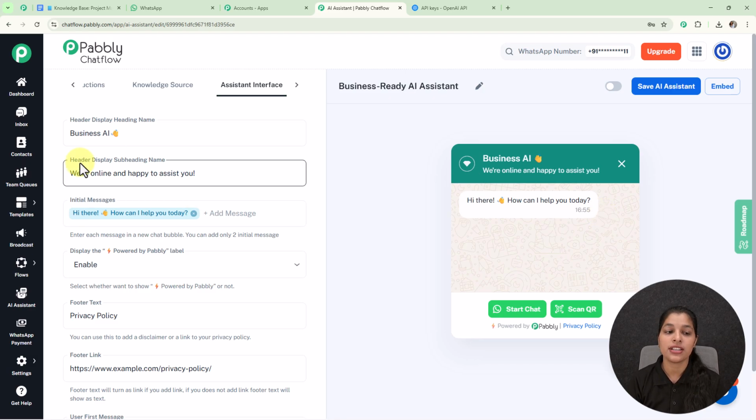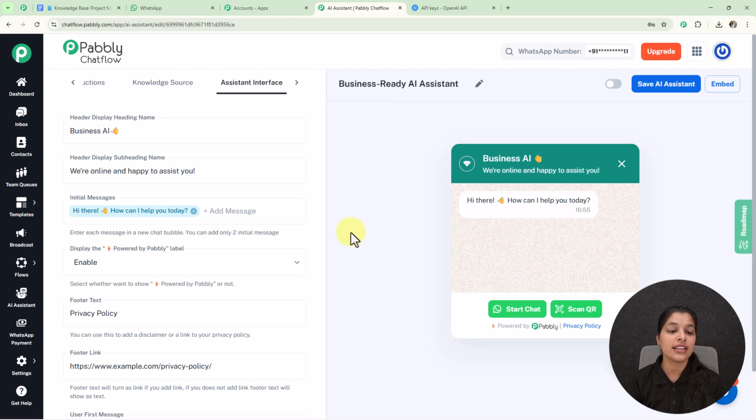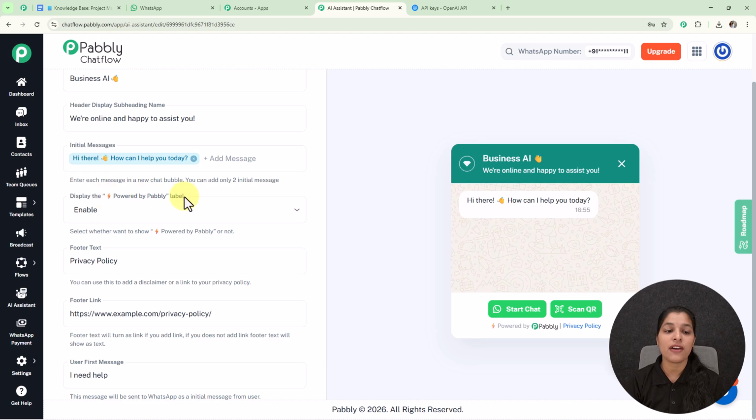according to you. Now we are getting this option for entering the initial message, and here we are already getting an initial message, that is hi there, how can I help you today. And this initial message can also be seen on the preview of your AI assistant, and you can enter two initial messages. And now we are getting this option for display the powered by Pabbly label, which is already enabled,